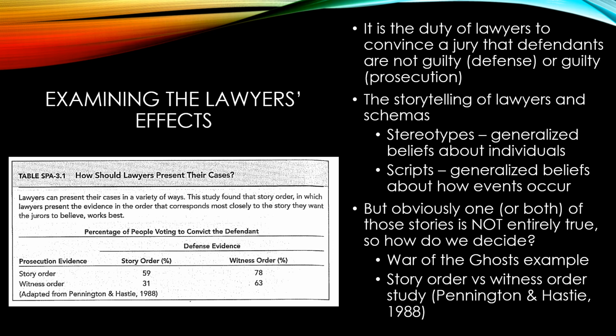There's this garbled mess that is a collection of components in a trial. And what lawyers need to do is find a way to make this garbled mess into something palatable, something memorable for jurors when they're deliberating and thinking about the innocence or guilt of an individual. This, of course, leads to the question of, well, which garbled mess should you eventually evolve into? Do you want one that gives you that theme of the person, or do you want one that gives you a theme of the event?